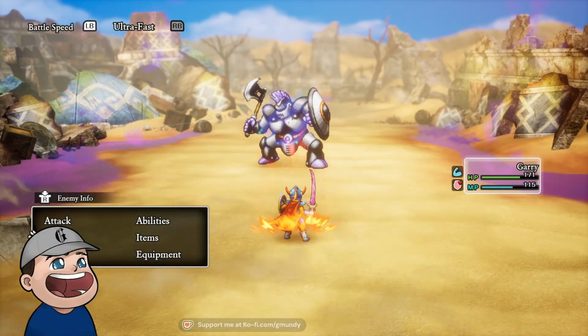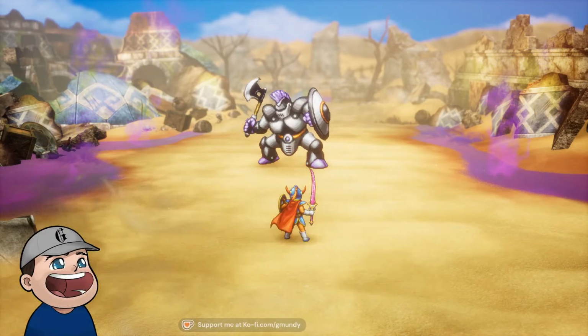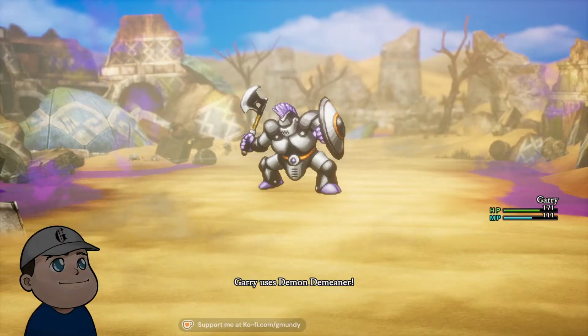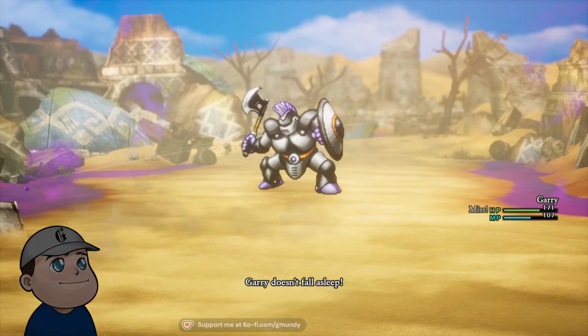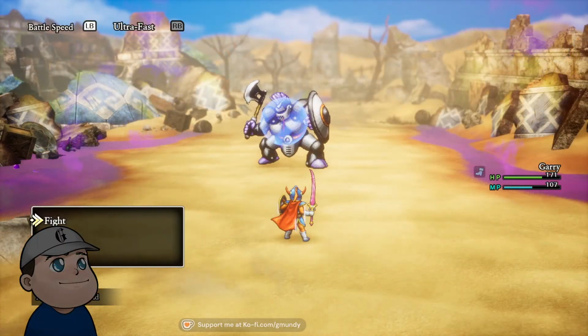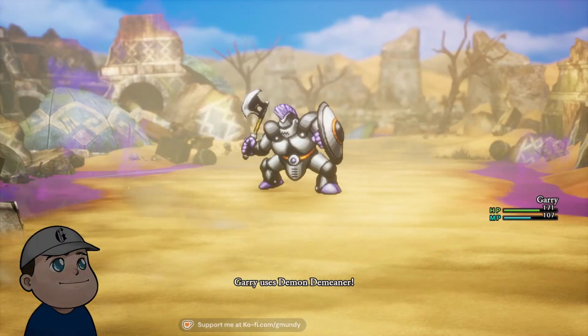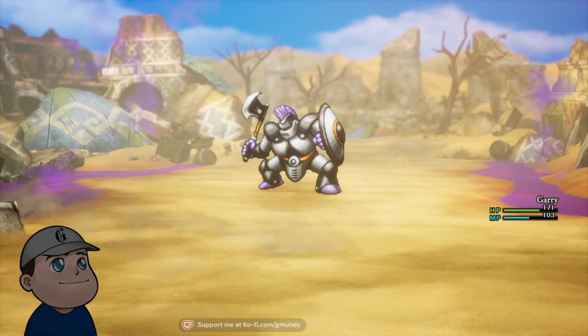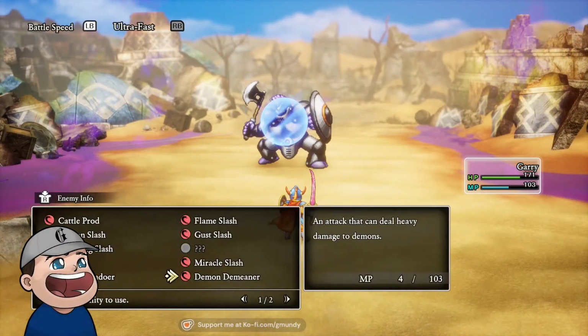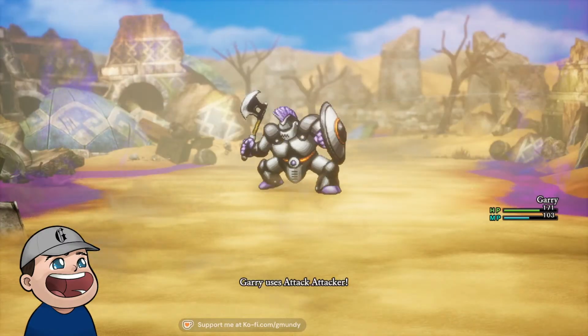Well, it's got a barrier up right now, so there's no point in that. Let's just Demon Demeanor. Its attack is back to normal, so let's go ahead and reduce its attack again.